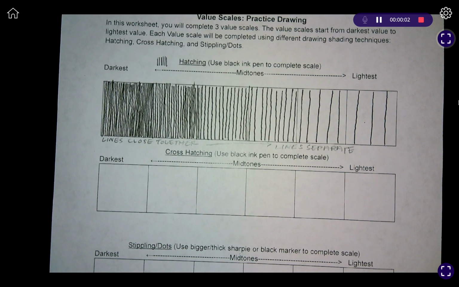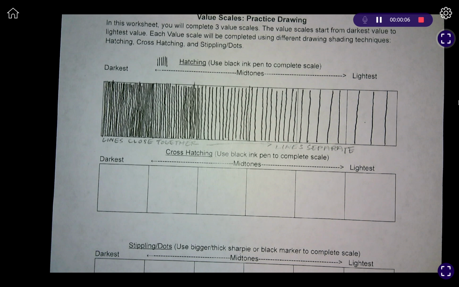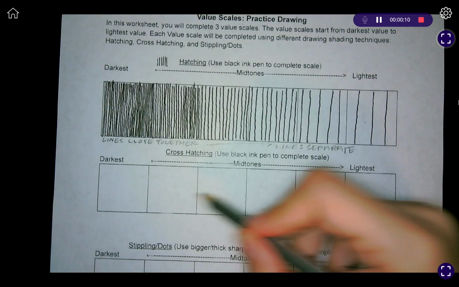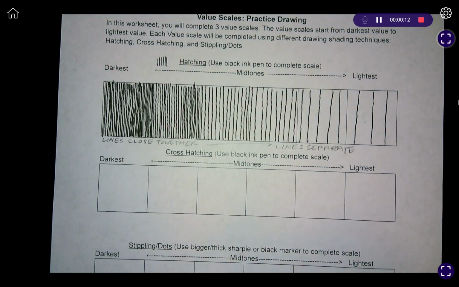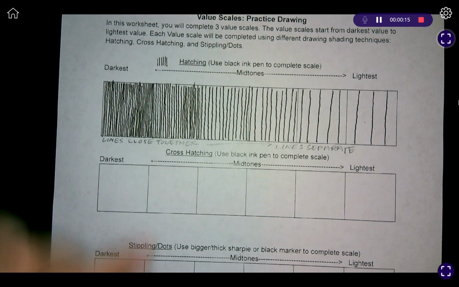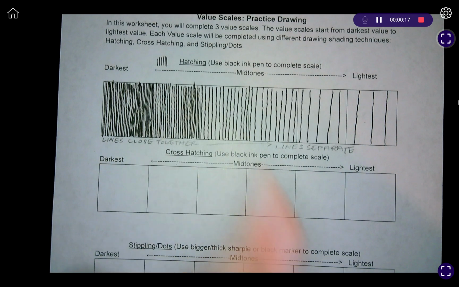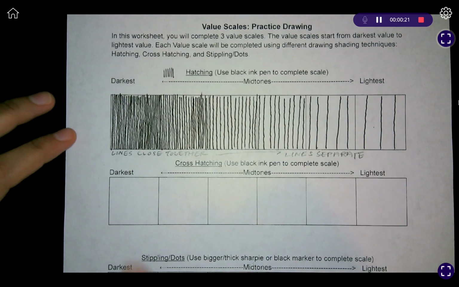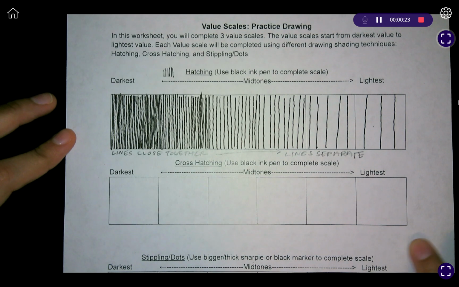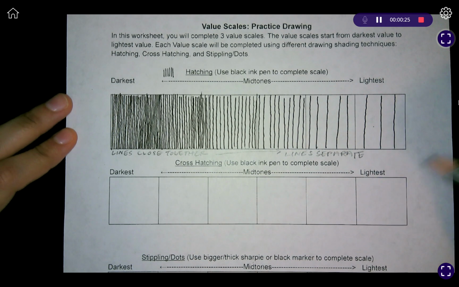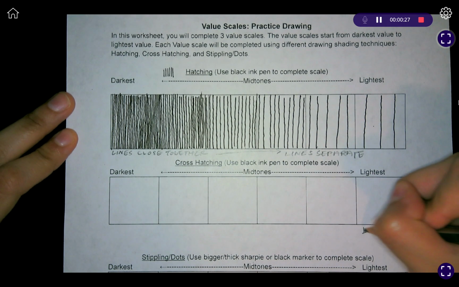Okay, in this demo video, I'm going to show you guys how to use the cross-hatching technique in order to complete this value scale. And before we really tackle it, the cross-hatching technique is super similar to the hatching technique where we're using lines, but because it is cross-hatching, there are actually going to be multiple lines. So we're going to go ahead and write how many lines are going to be in each right here. So in here, it's going to be only one